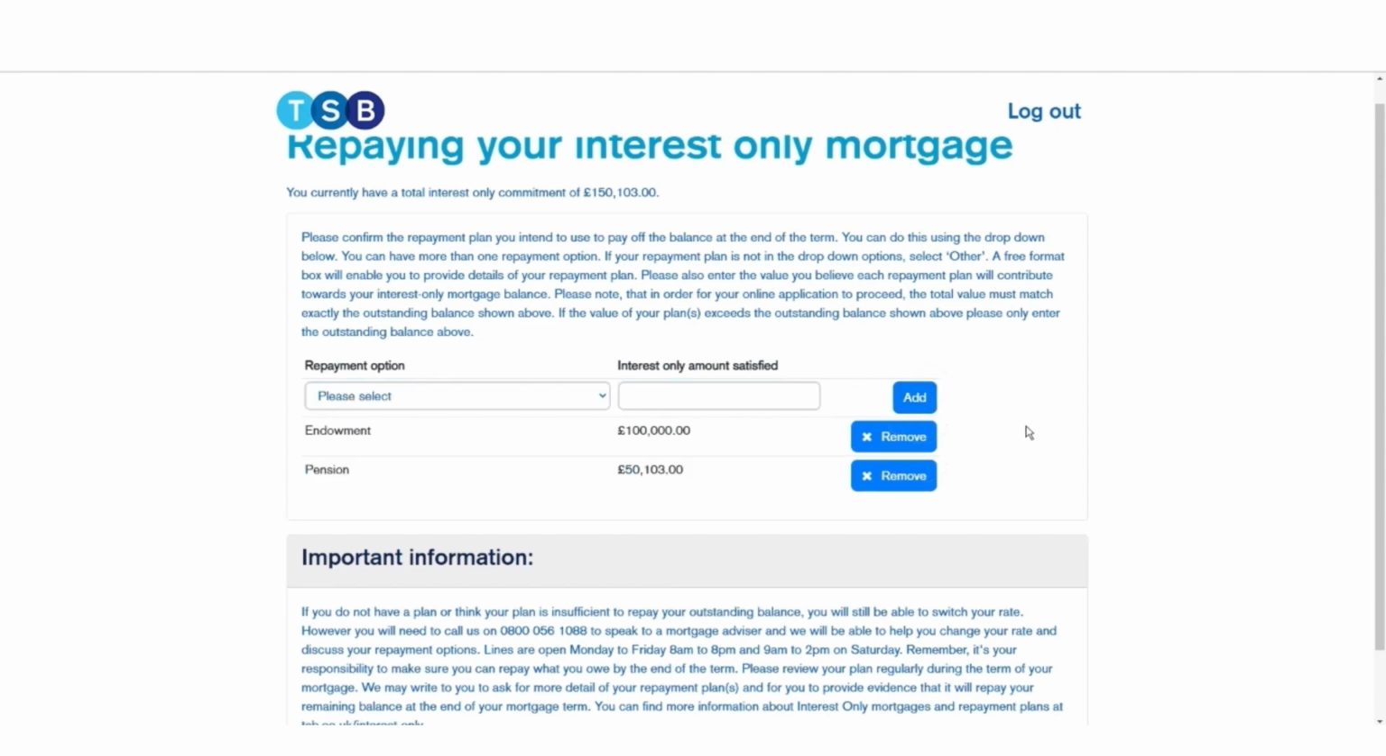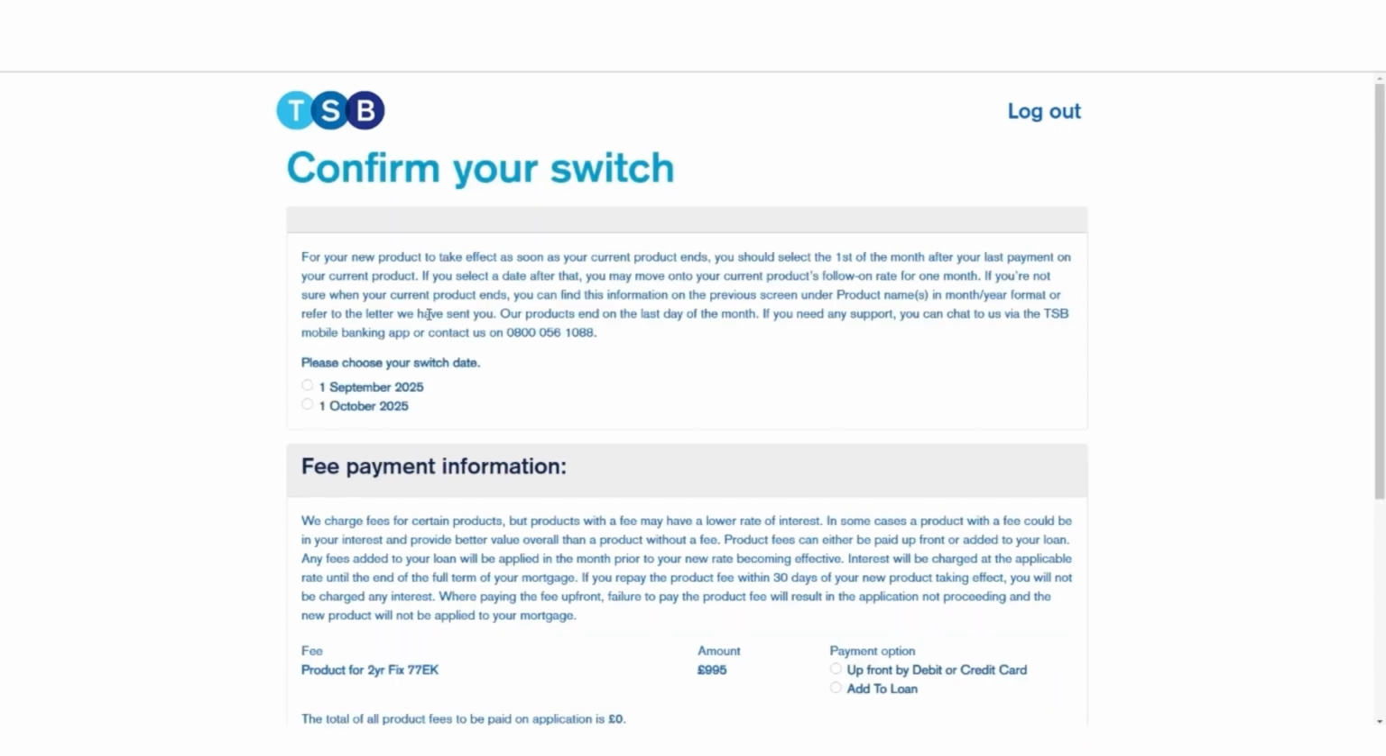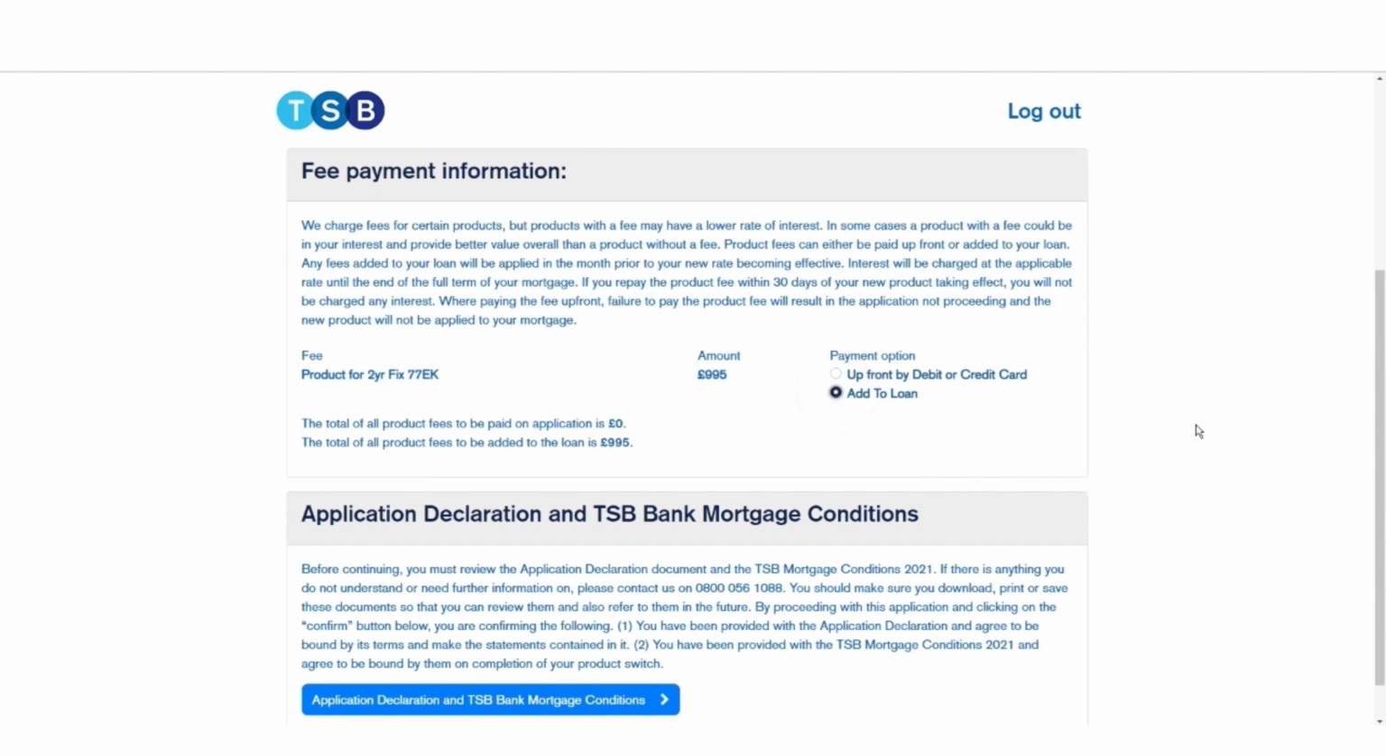Once you're happy with your repayment plans and amounts and have read the important information, you can then click Confirm and proceed to reviewing your switch and selecting the start date for your new product. If you've chosen a product with a fee, you'll have the option to add it to the loan or pay the fee upfront using a debit or credit card. If you choose to pay your fee upfront, you'll be asked to make this payment online at the end of